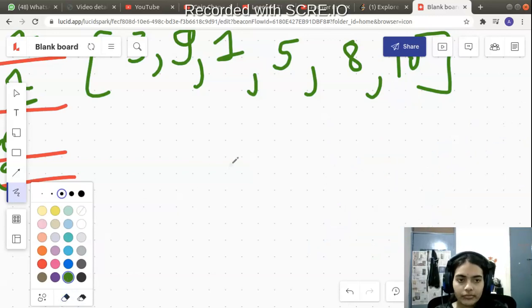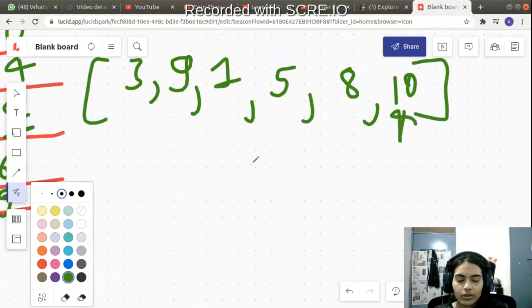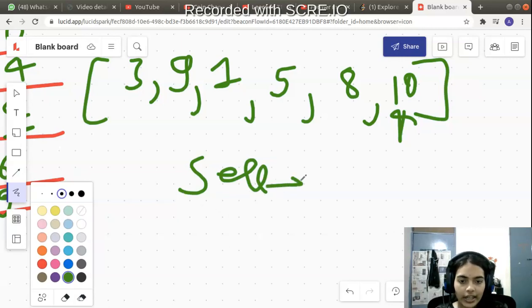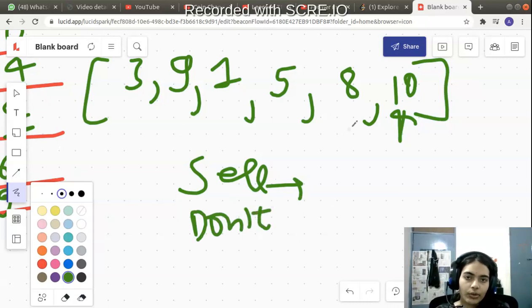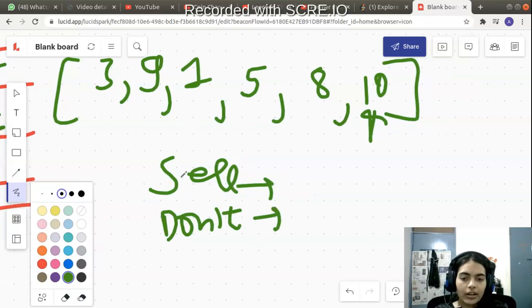So now I am having a stock price of 10. So now I have two options. Either I sell the stock now, which I have bought previously, one stock I am having in hand, or I don't do anything. That means I would have done some transaction in the previous few days. I am remaining with that. I am fine with that. So I'm not doing anything.